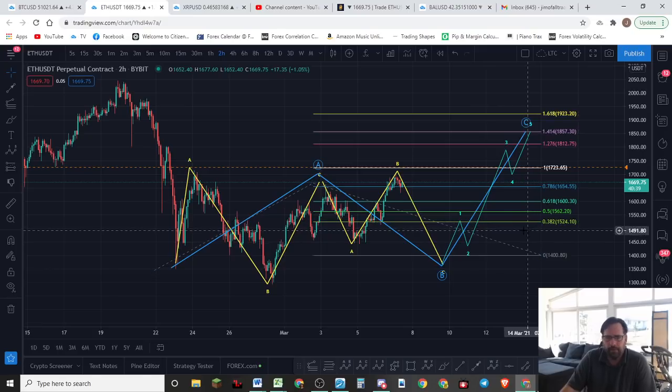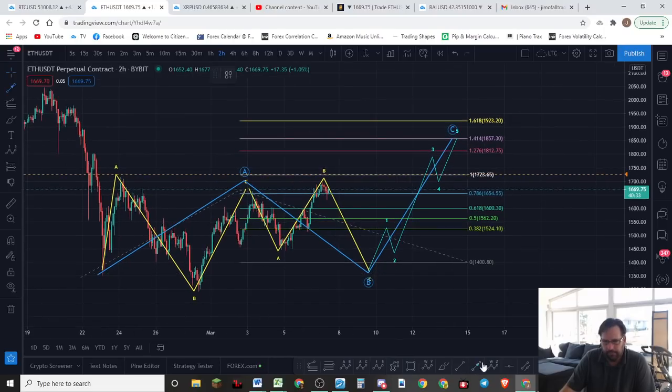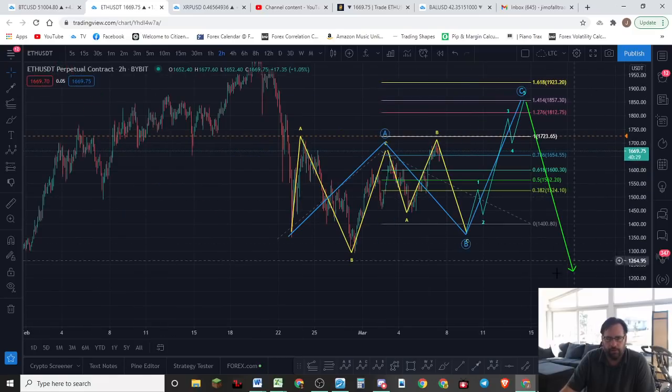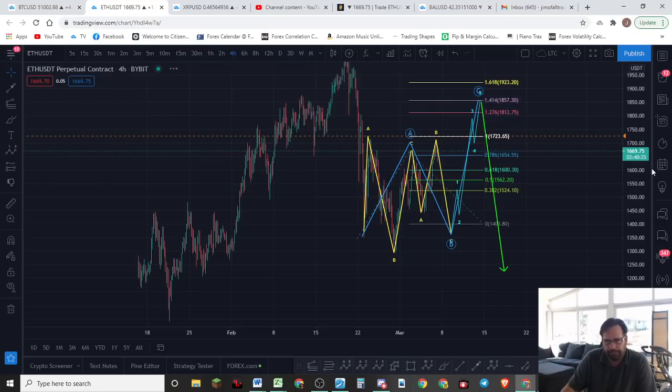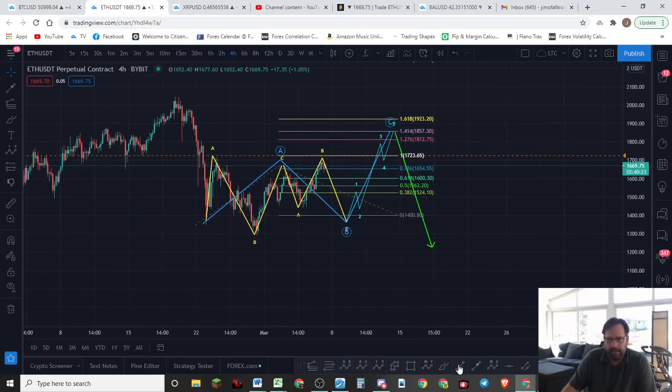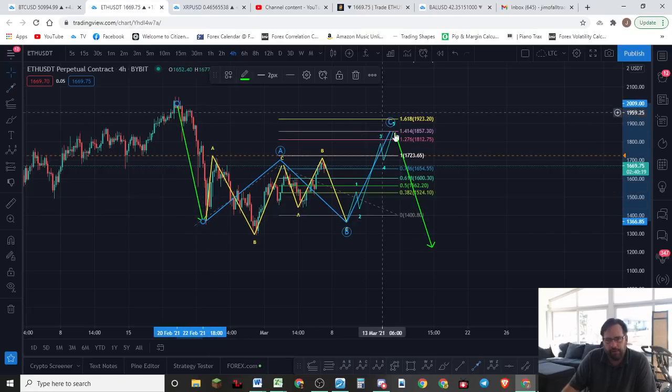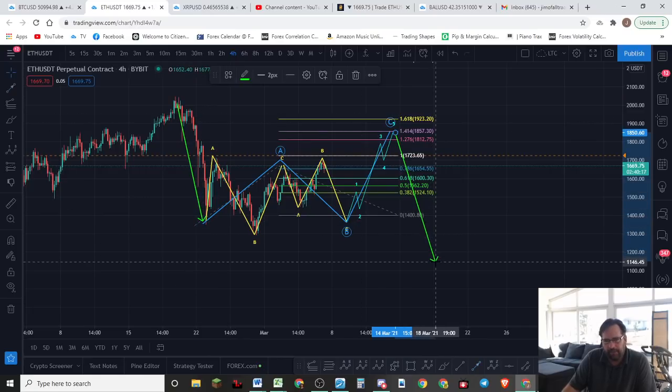Basically, after this 5-wave move, after this flat is done, what we want to see then is a move down to the downside. And that's when we're going to hit our lower targets. Let me zoom out just a little bit more. What that's going to be is our 3-wave move off the top. That's going to give us a 3-wave correction off the top, getting down to about $1,000 or something like that.